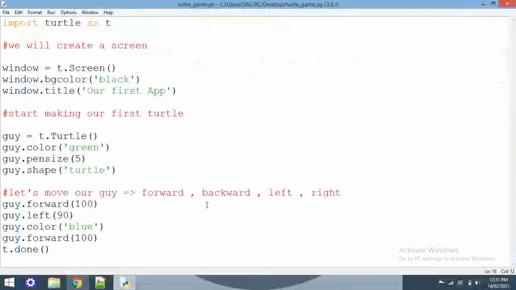So we have moved our guy forward, rotated our guy left 90 degrees, then changed the color to blue, then moved forward. Let's do it again. Suppose we try to make a square by using this forward and left function.